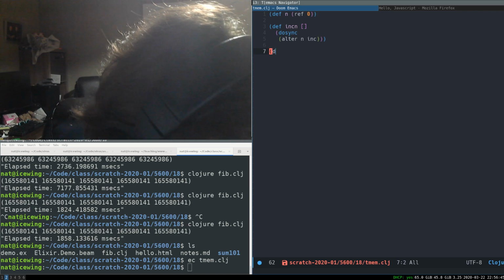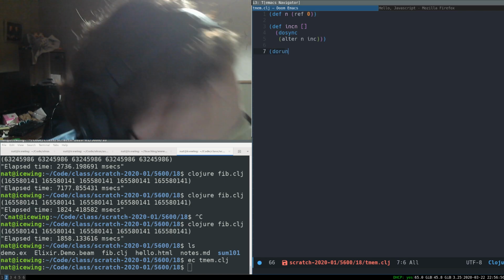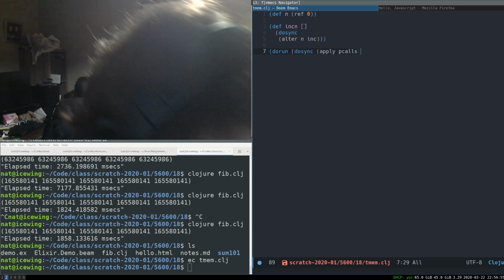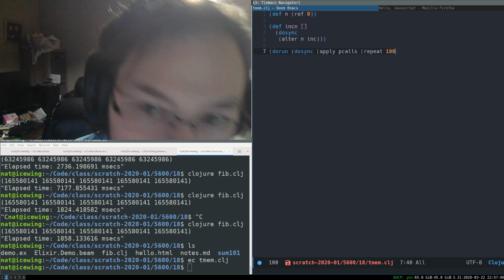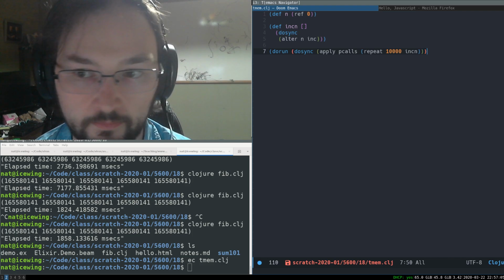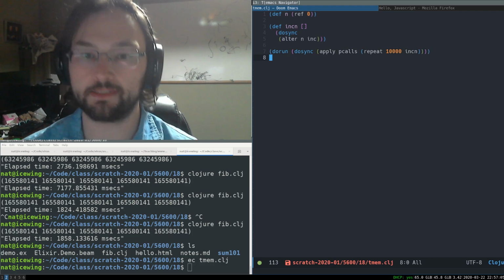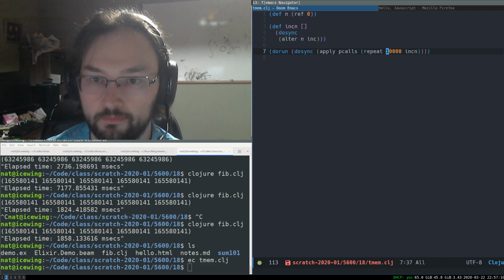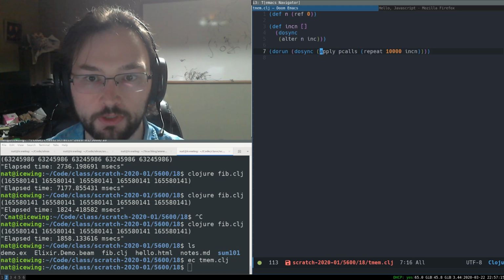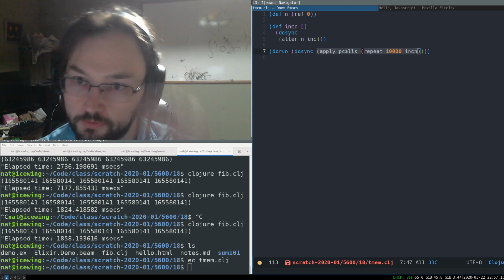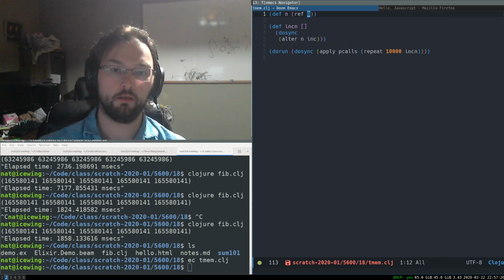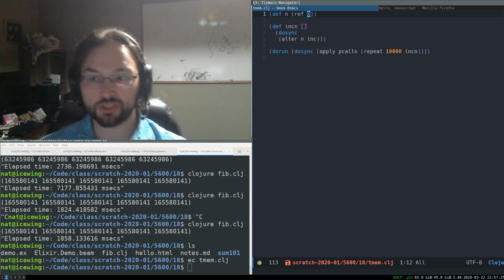Now what we can do is do-run, do-sync, apply pcalls, repeat 10,000 inc n. So that's a little tricky, but what this is going to do is 10,000 times in parallel, we are going to call inc n. So we're going to do 10,000 increments of this shared mutable state, all in parallel with nothing stopping the data